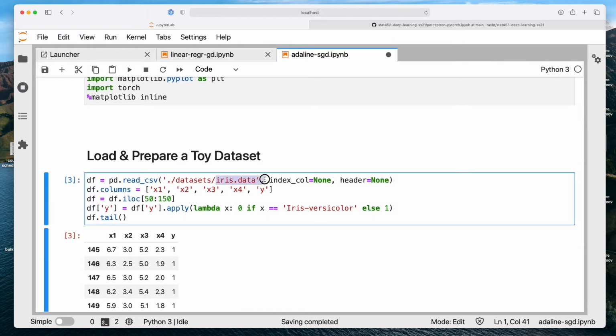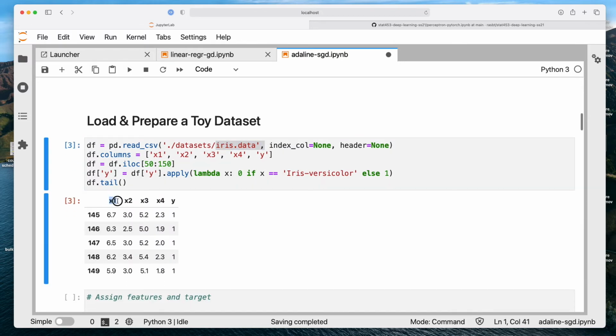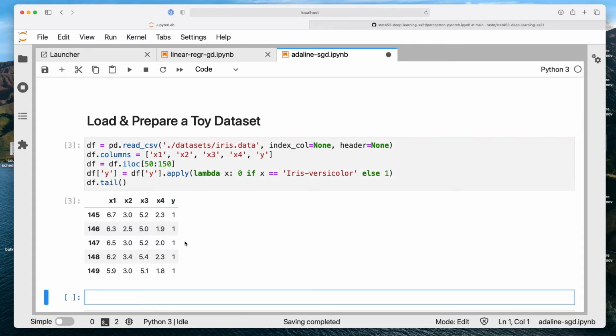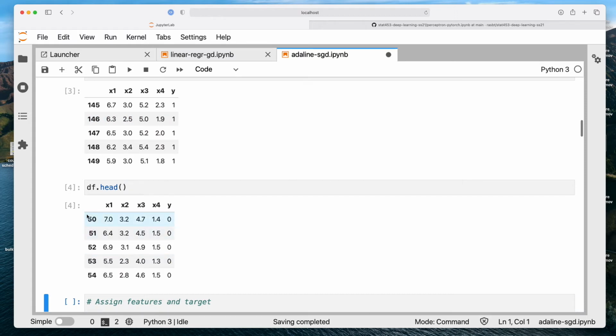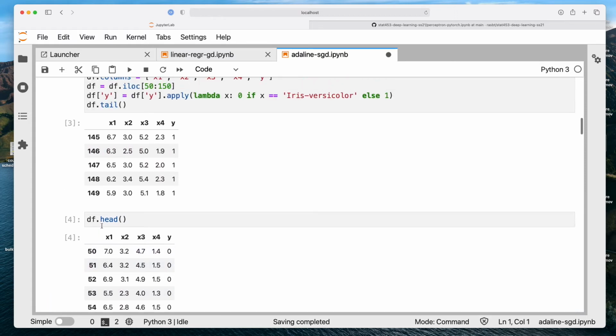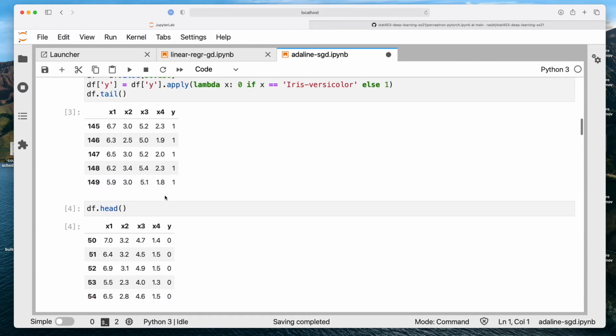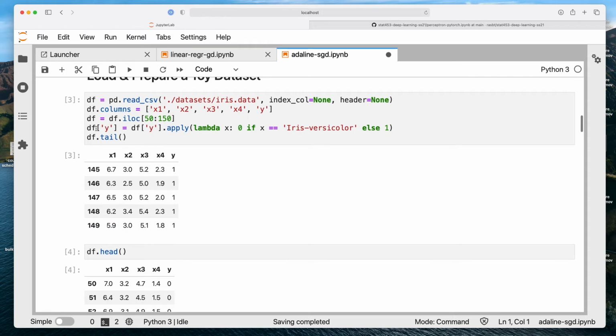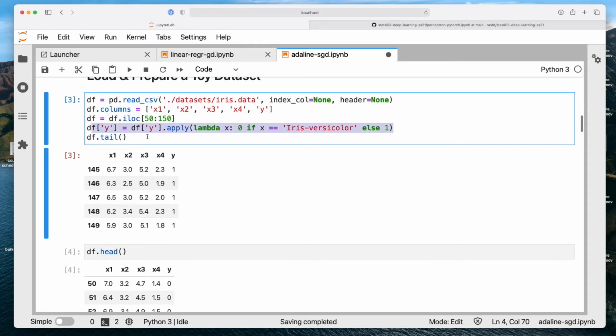Now we are using the iris data set, where we have 4 features, x1, x2, x3, and x4. That's the sepal length, sepal width, petal length, and petal width. And this is our class label, the predicted class label. I actually simplified it so that there are only 2 class labels. This should be class label 0, the first data points. I'm only using data points 50 to 150 here, I think.